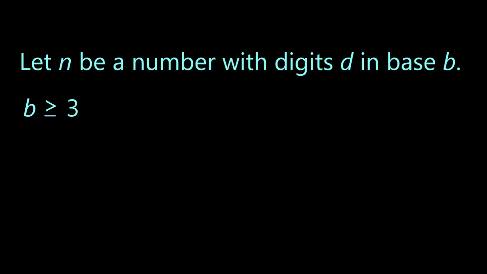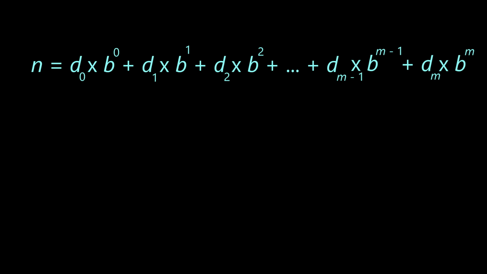So given that this is how digits are represented, we can come up with a specific rule or pattern for this process. So let's define a number n as a series of digits d in base b, where b is a positive integer greater than or equal to 3, as follows. N equals d sub 0 times b to the 0 power plus d sub 1 times b to the first power plus d sub 2 times b squared